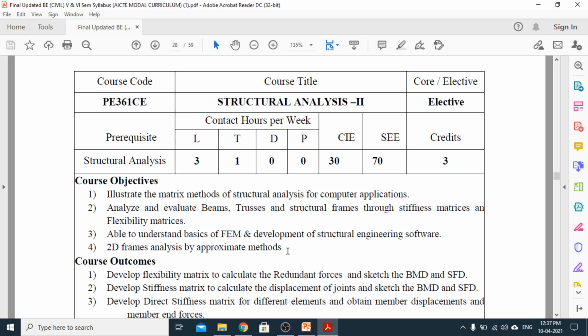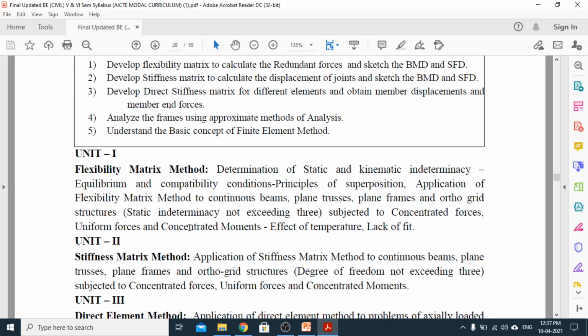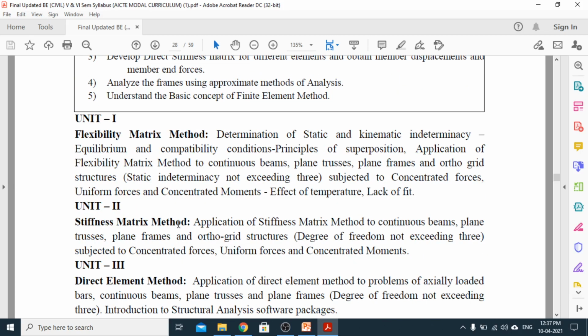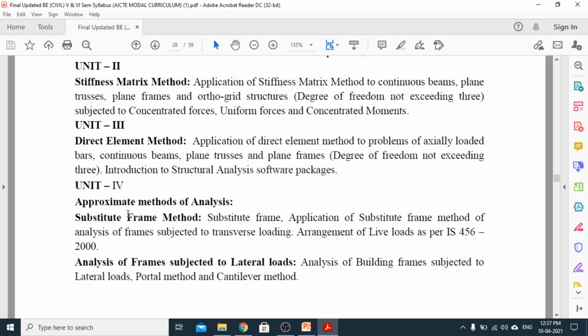So now in this subject, we'll be taking up some different methods like flexibility matrix method. Then we have stiffness matrix method, and even direct element method. After that, we have approximate method of analysis. In approximate method of analysis, we have substitute frame method, and analysis of frame subjected to lateral